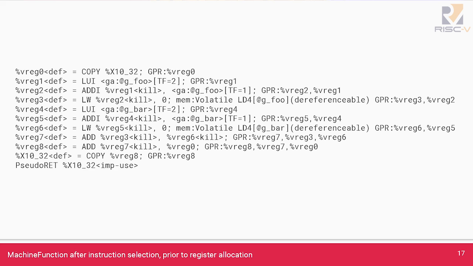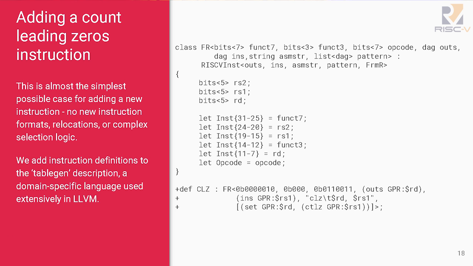So the definition of an R-format RISC-V instruction, in this simplest possible case, you just need one or two lines to specify the various opcode parameters that you're using, and here the pattern that's used for instruction selection. And as I say, this is the very simplest possible case because there's no need for custom lowering or matching or various other things. As you can imagine, once you start to add more complex instructions, you then have to delve into C++ and add new relocation types or custom matching.